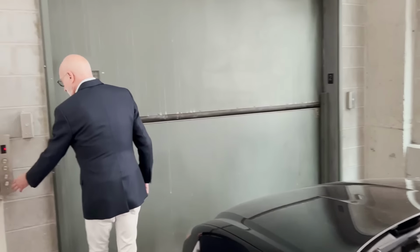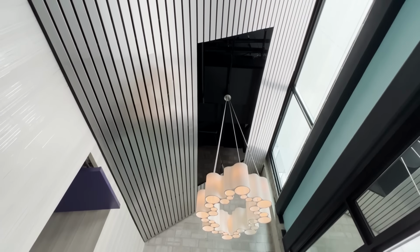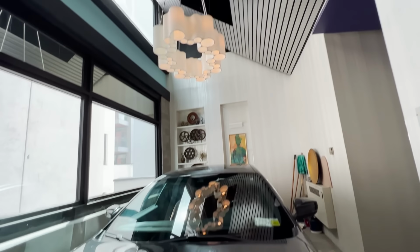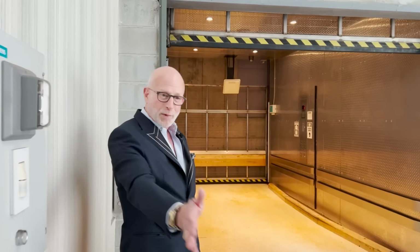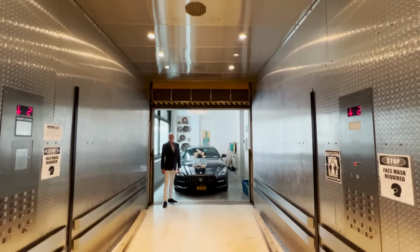So to access the elevator, it will come up from the ground floor. It's very interesting. It works very well, I have to say. And I absolutely did not buy this apartment because of this garage elevator feature, as sexy and unique as it is in New York City. But it certainly has proved to be a wonderful, wonderful convenience, especially on a pouring rain day or a heavy snowstorm where you don't even have to walk half a block away. So the elevator comes up and I would drive forward, get in, it would go down, and I would exit